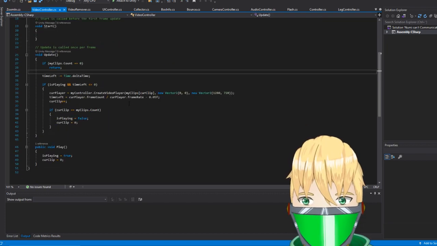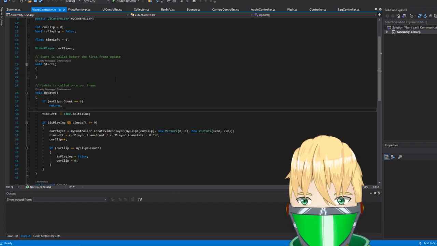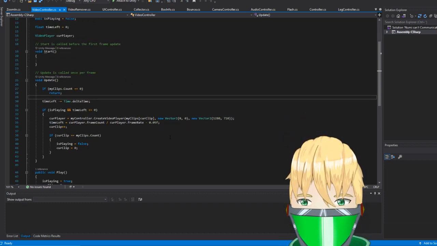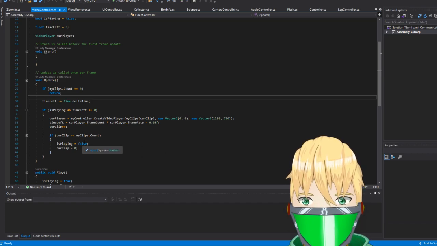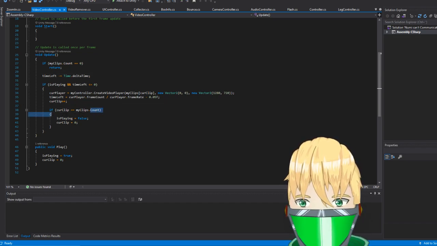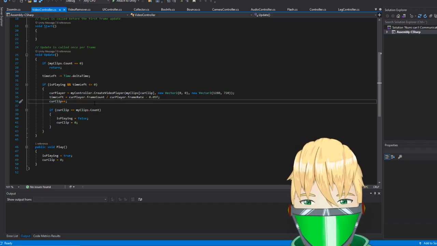So for example, for this clip, for the video controller, our first clip, we always want to animate that way. Meaning we're gonna have to do some extra code here, pretty much, because this just checks if the video count is correct or something like that.